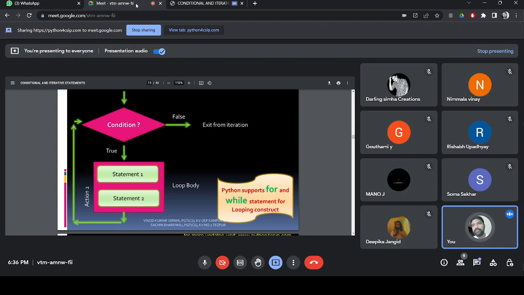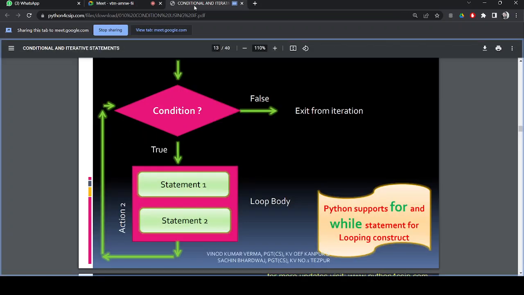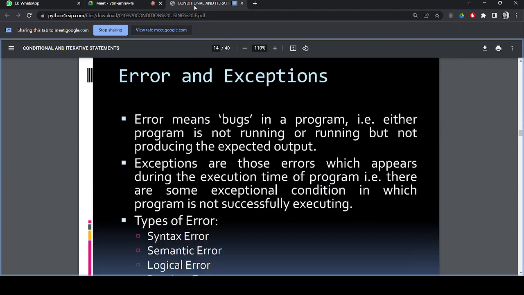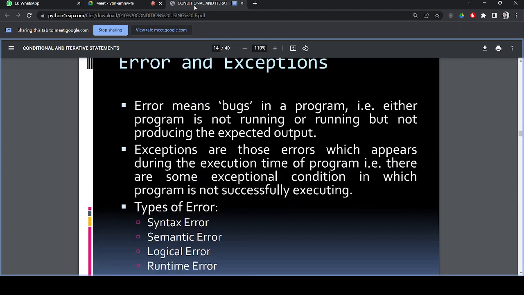As soon as the condition becomes false, come out from the iteration. Coming out from the iteration means stopping repetition. This is what happens in an iterative statement. That is the behavior of selection statements and iterative statements.